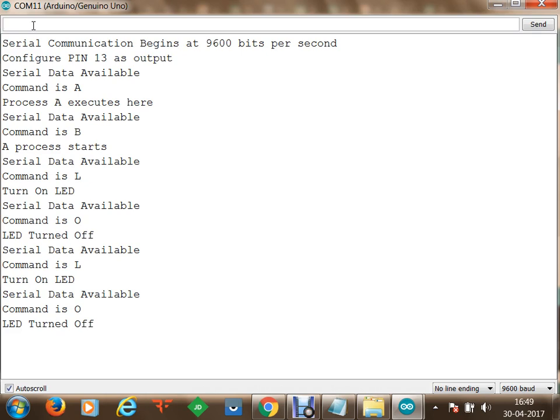Clear? So this is a board. On this board we have the pins. Clear? We have some digital pins, we have some analog pins, we have a microcontroller available. We have 28 pins on the microcontroller, in which we have 14 digital pins, 6 input analog, 6 output analog. We have some supply pins available.